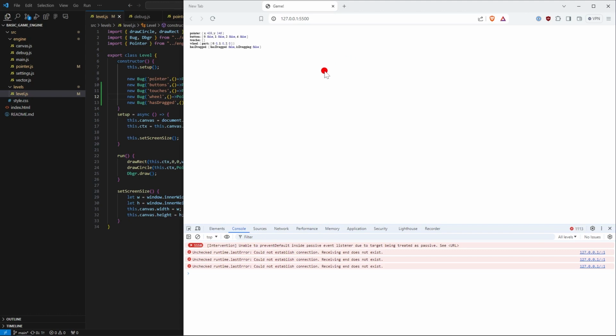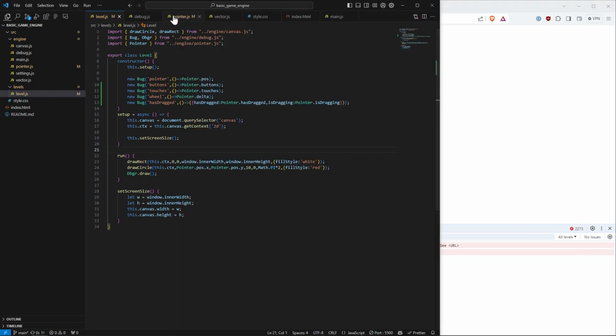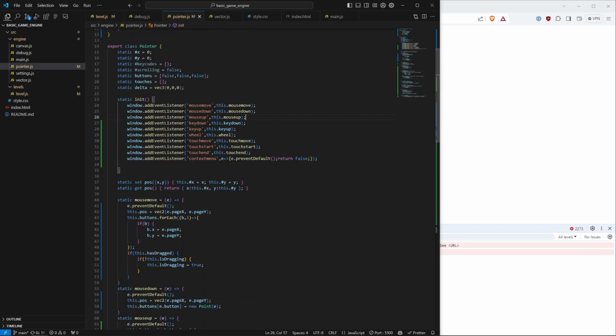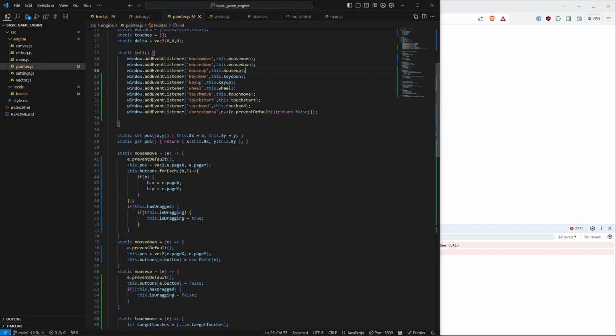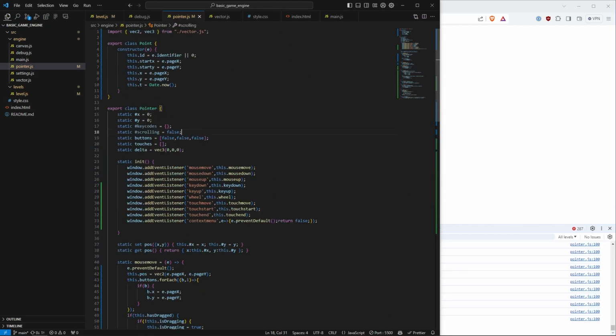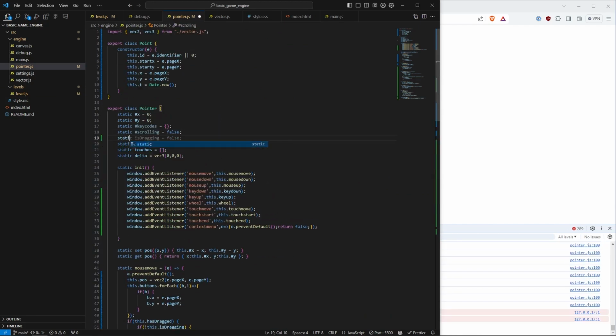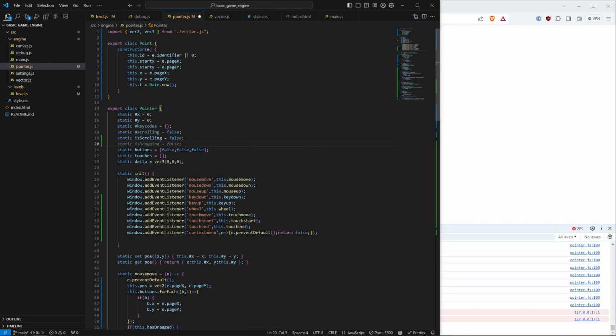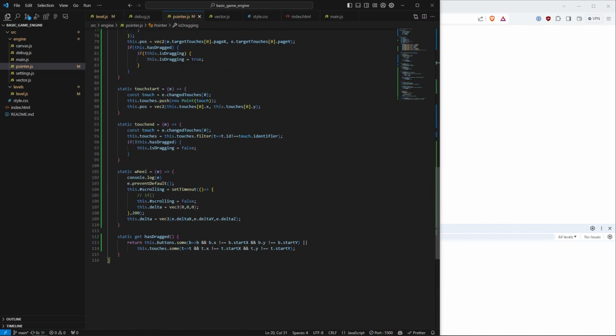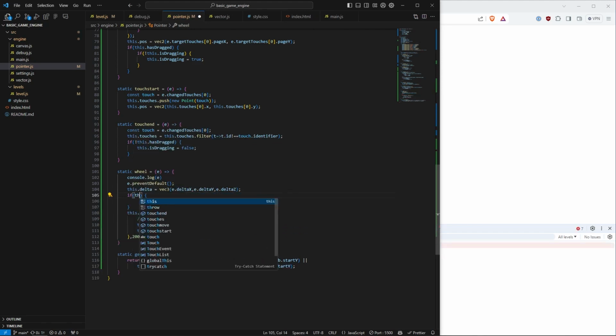Scrolling. My scroll has quite an intense scroll on it. It's actually still scrolling, and we can see the direction that it's going. Now, I wonder if my particular scroll wheel is too intense for this, but I think we need a static is scrolling. We also need the static is dragging to be set and defined. Okay, so I'm going to set this up here. I want to set if this dot